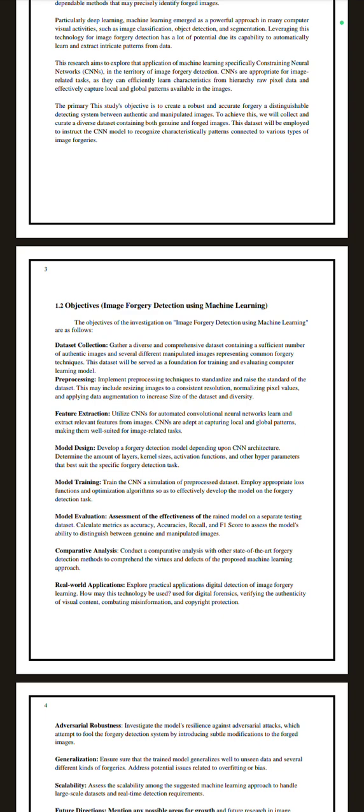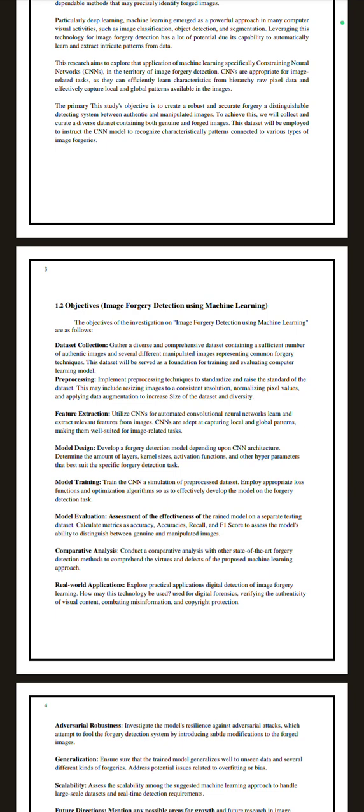First, the dataset. Gather a diverse and comprehensive dataset containing a sufficient number of authentic images and several different manipulated images representing common forgery techniques. This dataset will serve as a foundation for training and evaluating a machine learning model. Preprocessing: implement preprocessing techniques to standardize and raise the quality of the dataset. This may include resizing images to consistent resolutions, normalizing pixel values, and applying data augmentation to increase the size of the